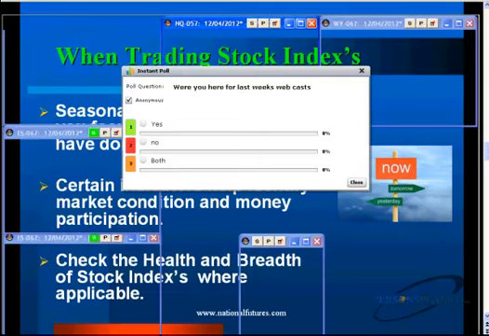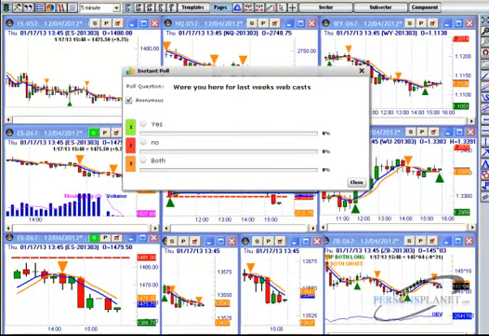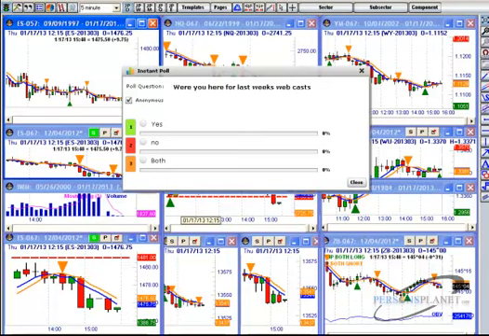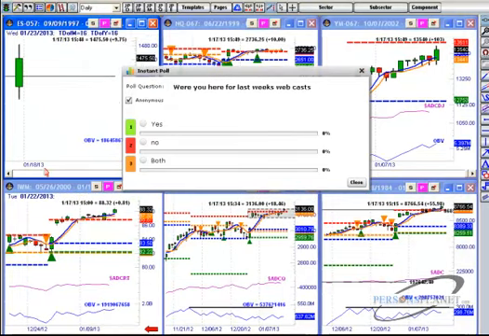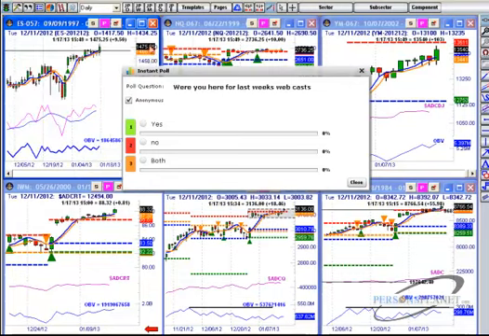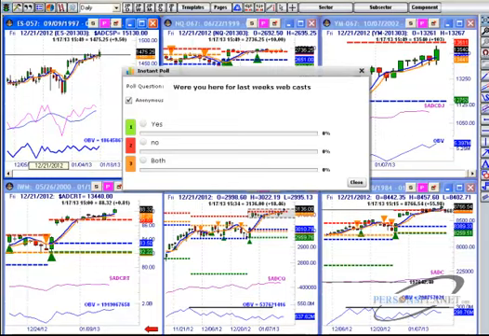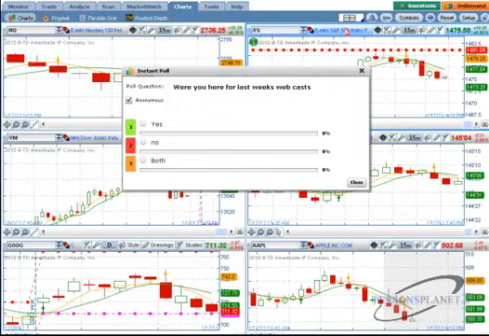Now, I can't show this on TOS, so I will show that and why I do have this up. I'm going to get right to the point, because this was on last week's session, taking a look at the AD comparative ratio lines on the different stock index sectors. All right, so I'm going to show this page first, and then I'm going to revert back to my charts on thinkorswim.